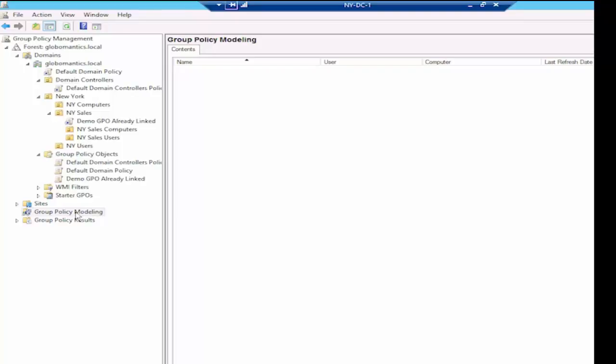And this is also a great way to help with troubleshooting, because let's take that same scenario, right? User calls you and says, I can't access the control panel and I don't know why. And so you go into group policy results and you run the wizard, and sure enough, it tells you the user can't get to the control panel because there was a group policy object that prohibited access to the control panel, and that was the winning GPO. And then I make the change that I think is good enough so that this user will now have access to the control panel. And before we had group policy modeling, what I would do is I would then